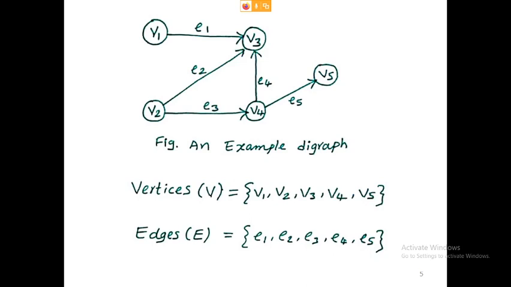V1 to V5 are similar to the neurons in the ANN, and E1 to E5 are similar to the synaptic links, with the corresponding weights, and given directions also. Information is sent from V1 to V3, V2 to V3 as well as V2 to V4. In the given direction only the data will be processed. So this is an example of the diagram.